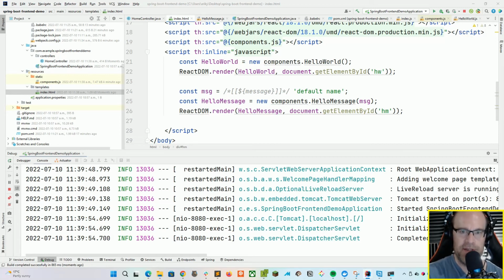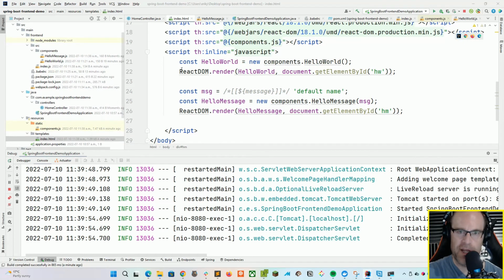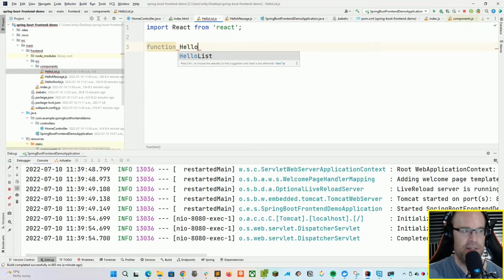And all it's going to do is take the data that we give it and then render it as a nice UL element list in HTML. So this is another common thing of working with data from any server, is just working with the list that comes back. So in our components folder again, let's create a new JavaScript file called HelloList. And then very similarly to the other components that we've just made, we import React from React. We call our function HelloList,